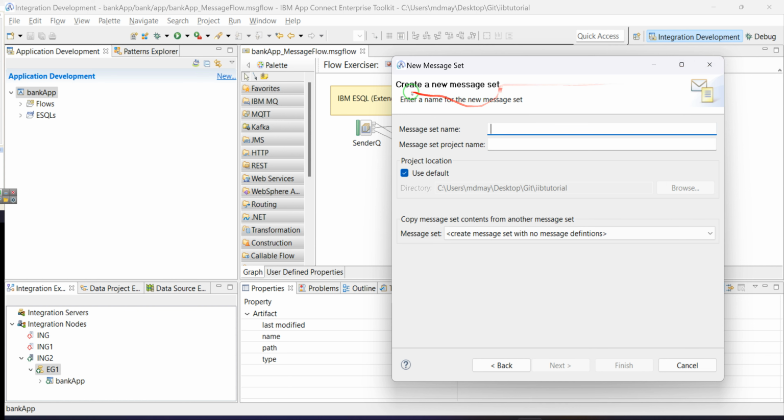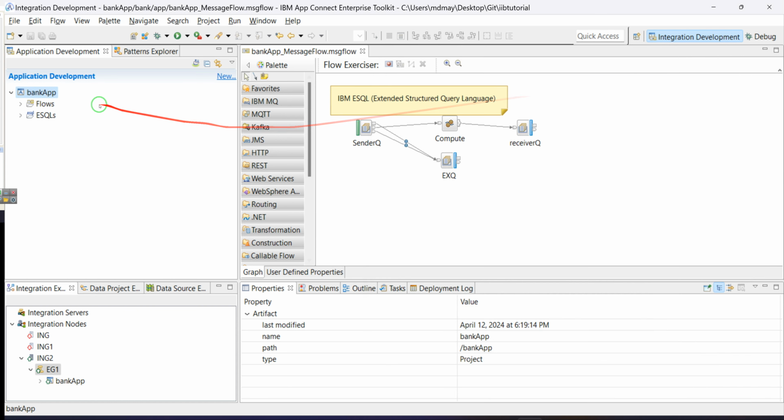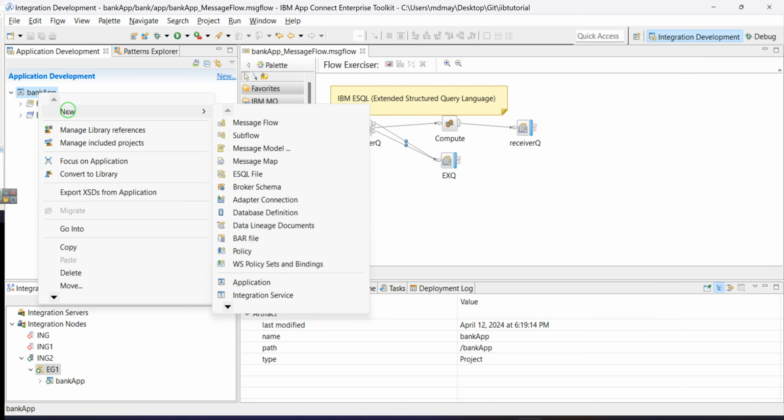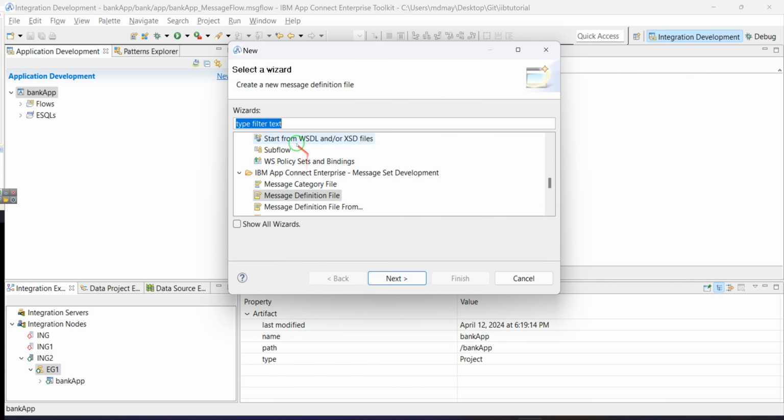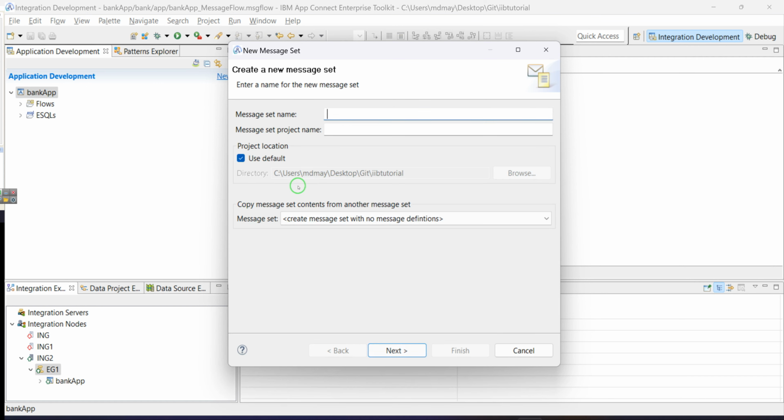So how do you bring in the message set? If you want to create a message set, just click New and go to the option that says Other, or just press Control N and type message. Come to Message Set. The first one is the name. You just pick any name. I will pick message set,